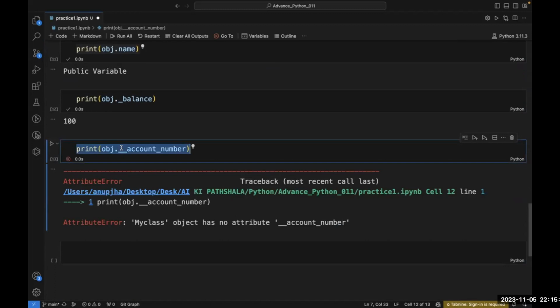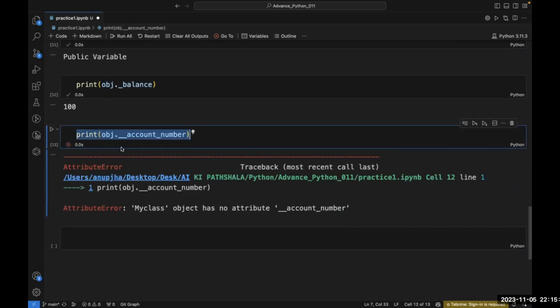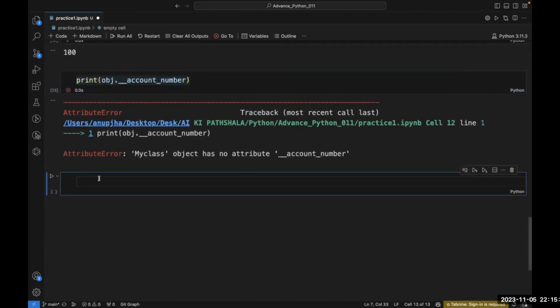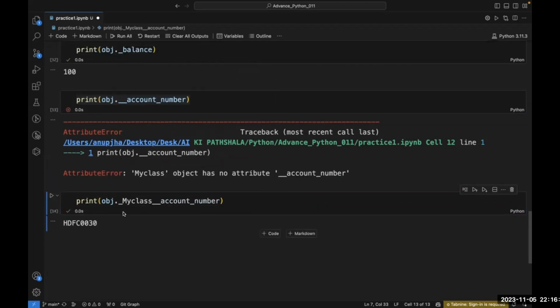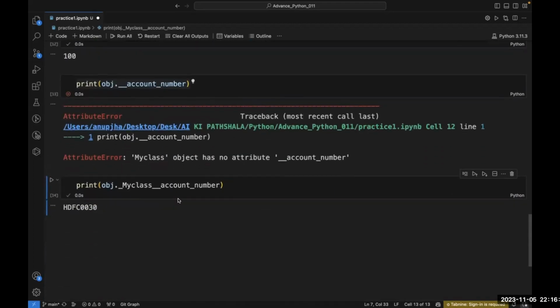So what is the workaround to access this private variable? The workaround is that you have to give the name of the class. So what is the name of my class? My class. So underscore my class. Then if you access this, you will be able to access this private variable. So from here, everything is fine till here. Now,